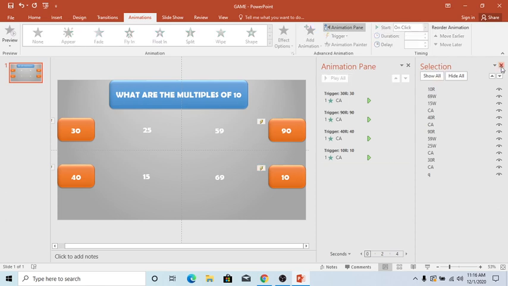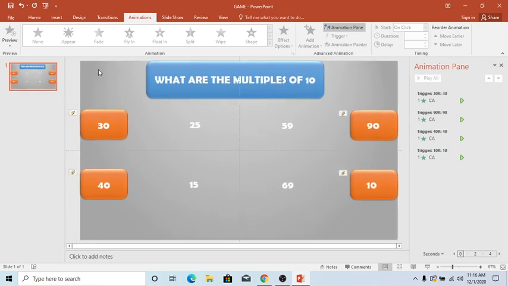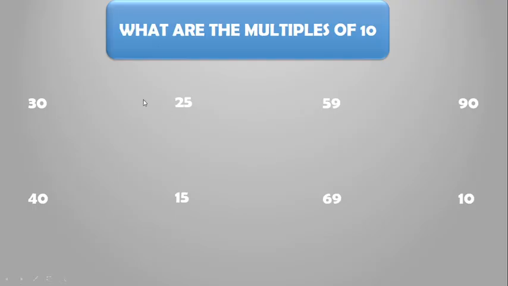So this animation we have added over here, and so now we can check whether our animations are working properly. So we go to the slideshow mode. Suppose we click on 30. Yes, the box appears. So we have created a box. Suppose we click on 14. Yes, the box appears. Okay, so our animations are working.